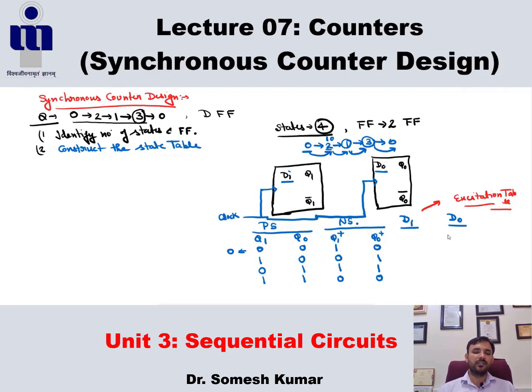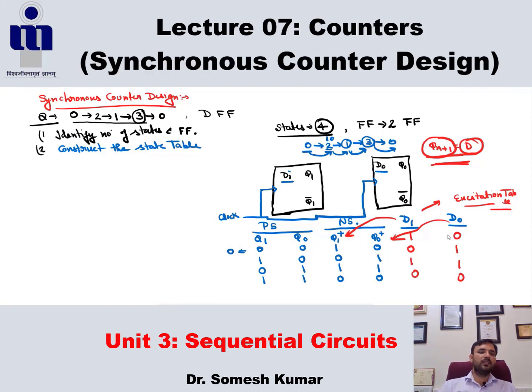Fine. If the present state is 0, next state is 1. In the D flip-flop, Qn plus 1 is basically equal to the D, meaning the next state. This Qn plus 1 is next state. It should be equal to the D, so our D1 becomes 1, 0, 1, 0, from this formula, and our D0 becomes 0, 1, 1, 0 according to this. Fine. These are our values of D0 and D1.